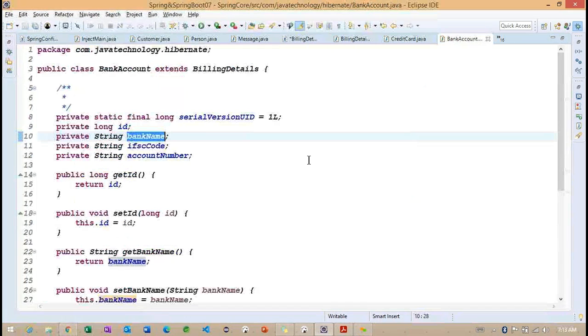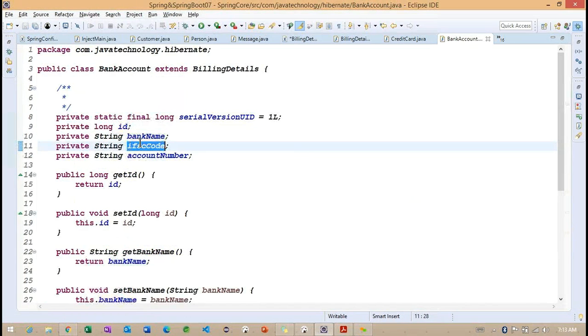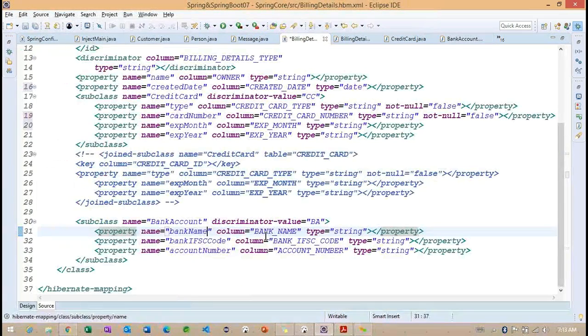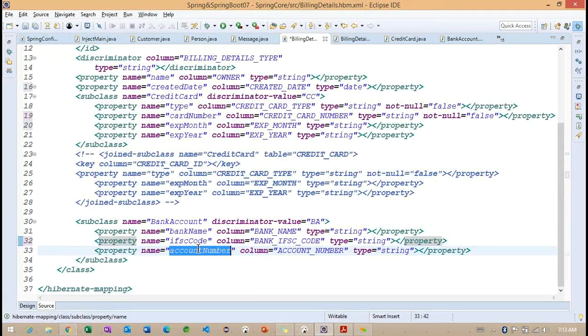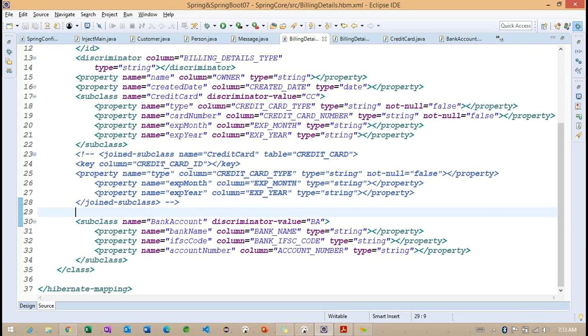Observe here, bank name. Second one, IFSC code. Let me change the IFSC code property to bank IFSC code. Finally, account number. And account number. So we provided this information.